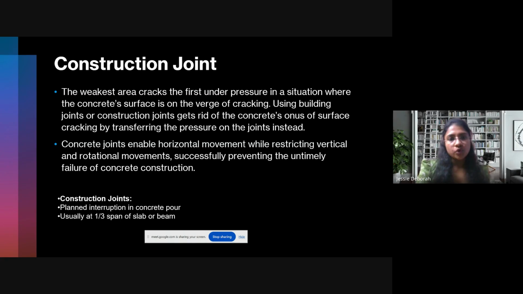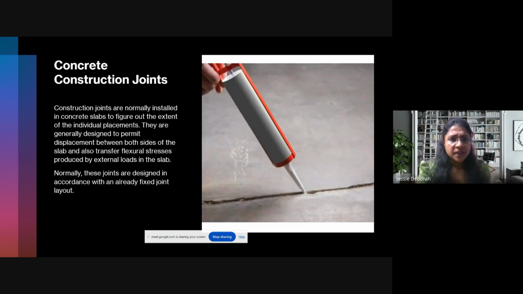I think most of you know that concrete expands and contracts during heat, during temperature increase and reduction. Okay, but why do we use a construction joint? See, when you are going to concrete an entire area, you will not do it at one go. So what will you do? You will finish concreting one patch. Okay, after that you have to concrete the next patch. So that time what happens is you will give a construction joint.